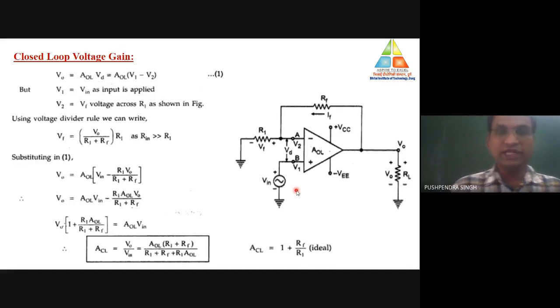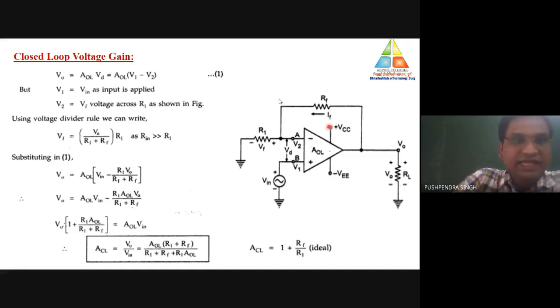So closed loop voltage gain. Here we are going to discuss closed loop voltage gain and input resistance only. Why? Because the output resistance, gain with bandwidth with feedback, and total output voltage calculations are the same as voltage shunt feedback. So the first parameter is closed loop voltage gain. The basic process is the same as we discussed in case of voltage shunt feedback.